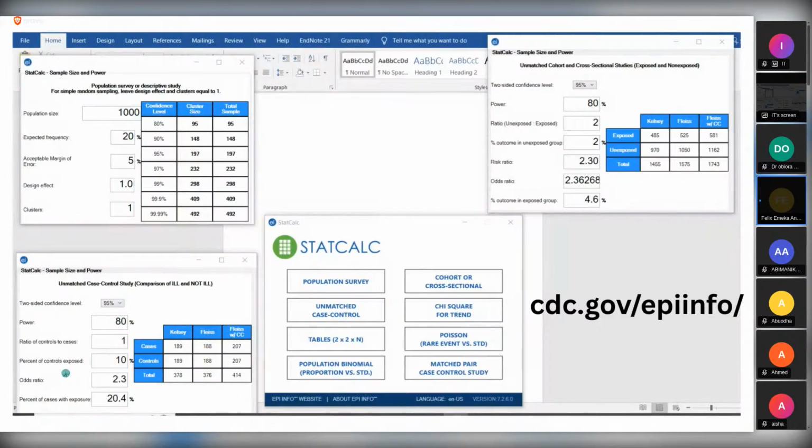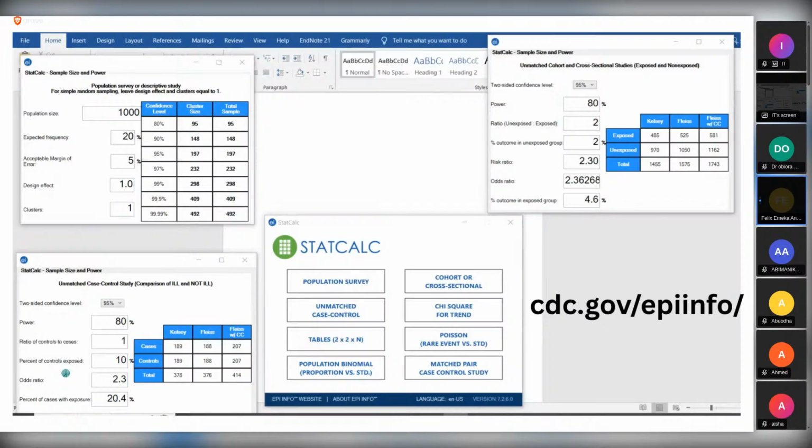10% is usually recommended. You can add 20% if you want, but 10% is fine, which will now increase that number a little bit. I think we will talk more on that when I show you the manual calculation of sample size. So if you're not doing a prevalence study and you're doing a cohort or cross-sectional study like I discussed last week, then you can use this one. If you're doing a case control study, you can use this one.